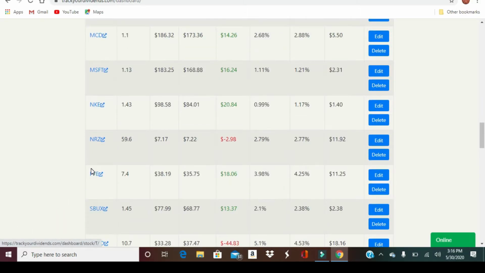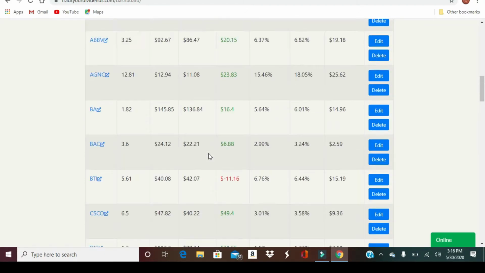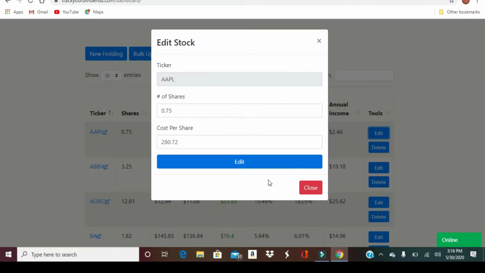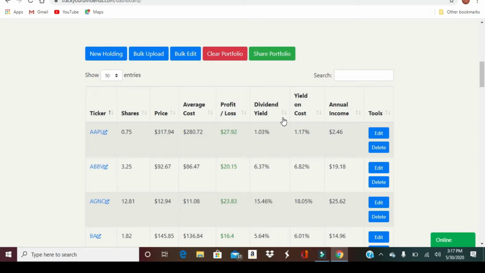So every time I buy or I increase the number of shares I own, for instance, let's say I buy another share of Apple tomorrow, all I have to do is come here to edit, plug in the number of shares, which will make it 1.75 shares, and then the cost per share, and that's how you can edit your portfolio. Every time you buy more shares, let's say at Robinhood, you just have to come here and plug in the numbers. But let's say you buy a different stock, let's say I buy another stock like Ford,